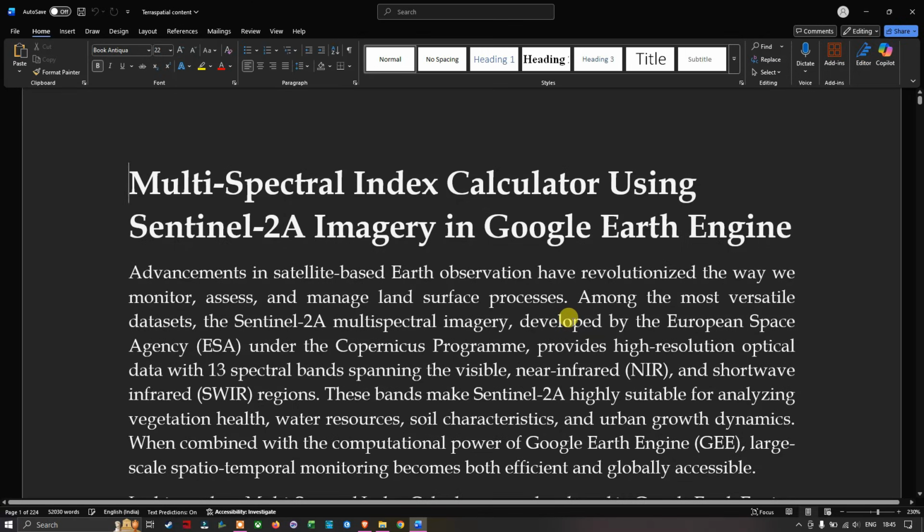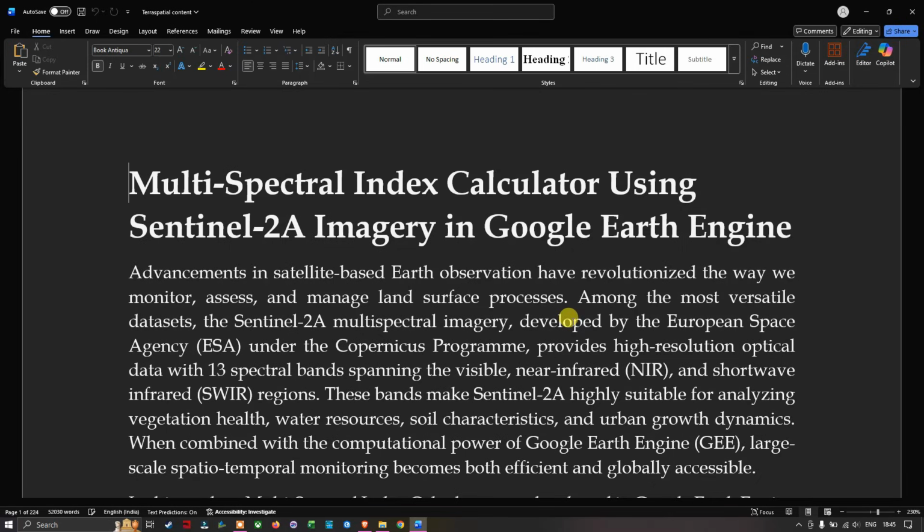So the advancement in satellite-based Earth observation has revolutionized the way we monitor, assess and manage land surface processes. Among the most versatile datasets, the Sentinel-2A multispectral imagery developed by the European Space Agency under the Copernicus program provides high-resolution optical data with 13 spectral bands spanning the visible, near-infrared and short-wave infrared regions. So these bands make the Sentinel-2A highly suitable for analyzing vegetation health, water resources, soil characteristics and urban growth